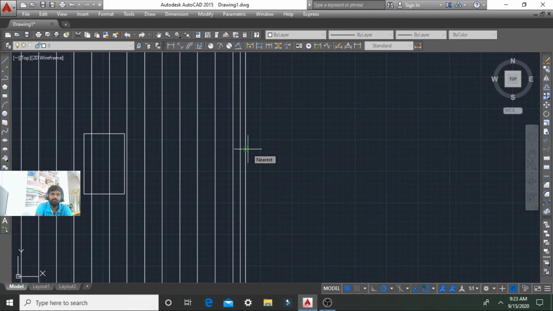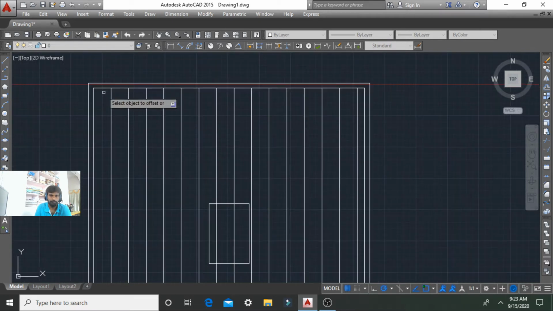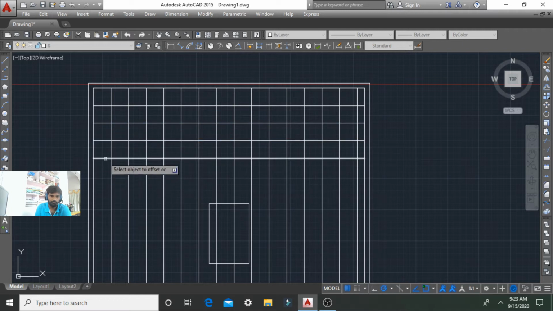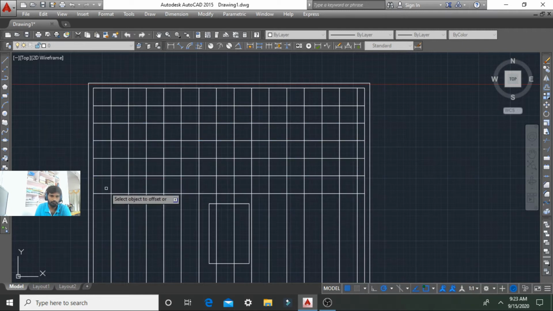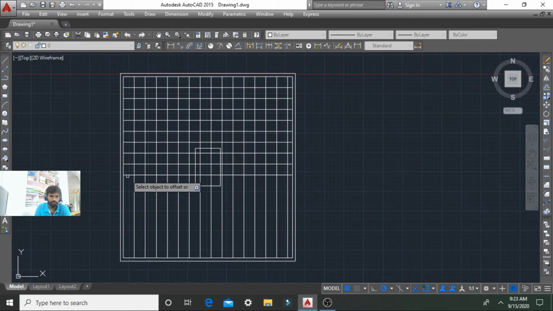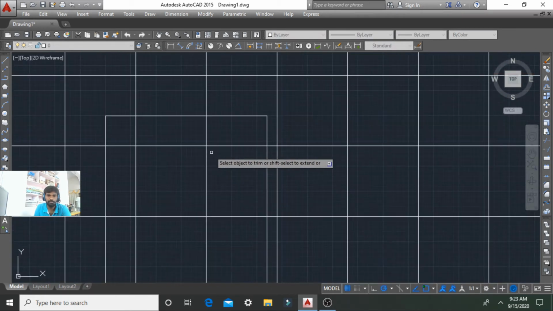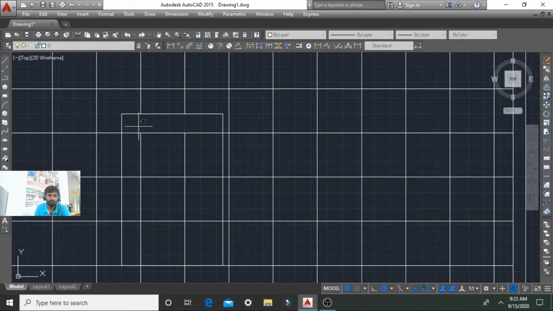So we go with the same spacing along the longer span. By using the array command we can also place the mat reinforcement. Trim the lines at the column position. Trim the lines here.